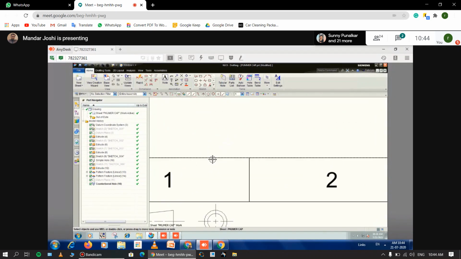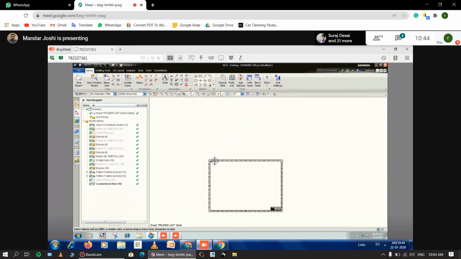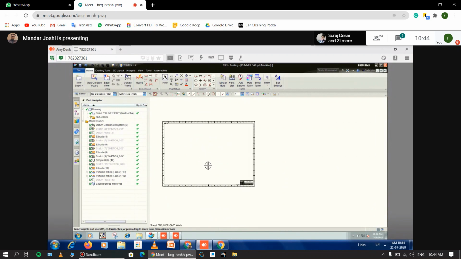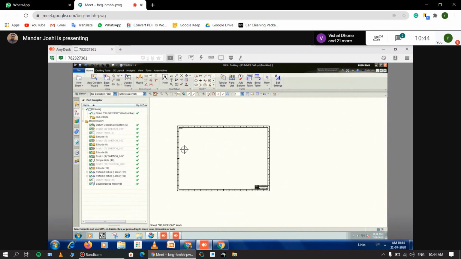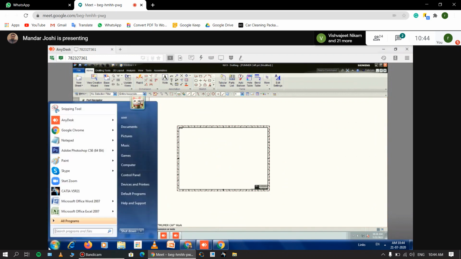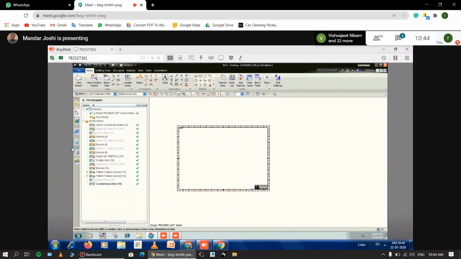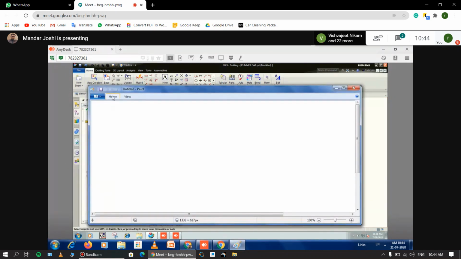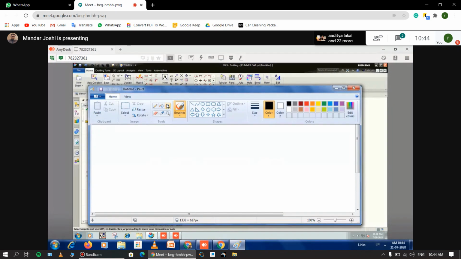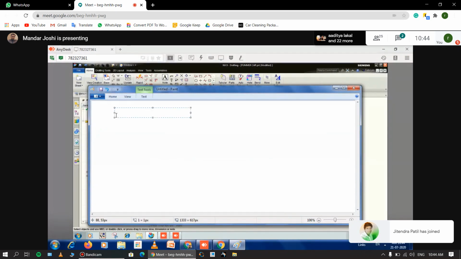Okay. After that, we have to put the views. Before that, we took the initial settings. What is the first initial setting we did? Projection system change. Number one, change of projection system.